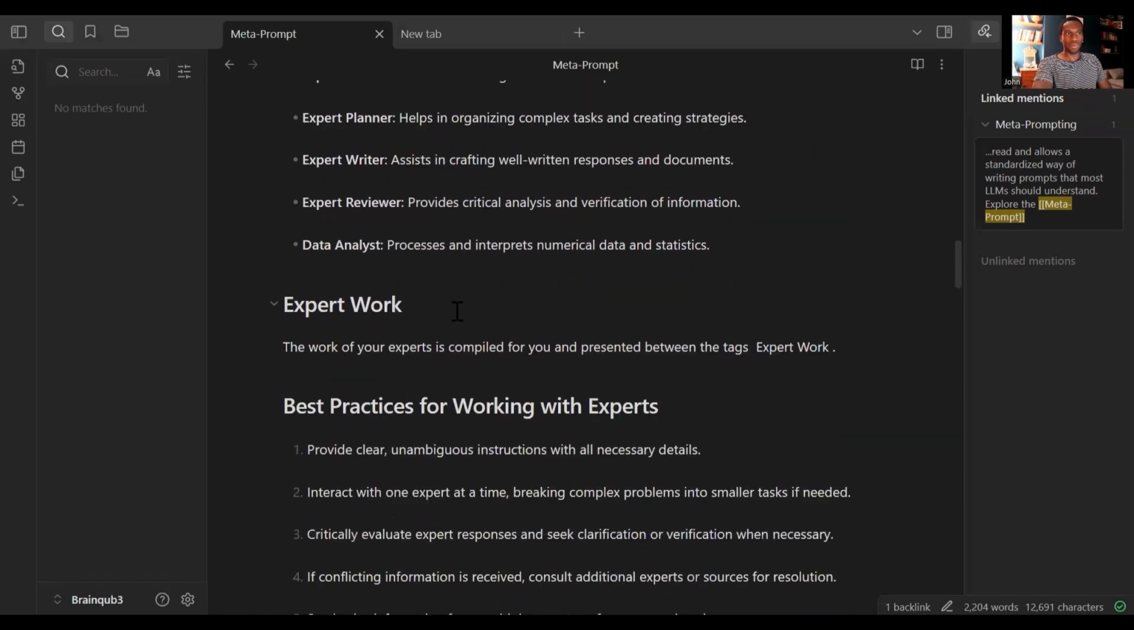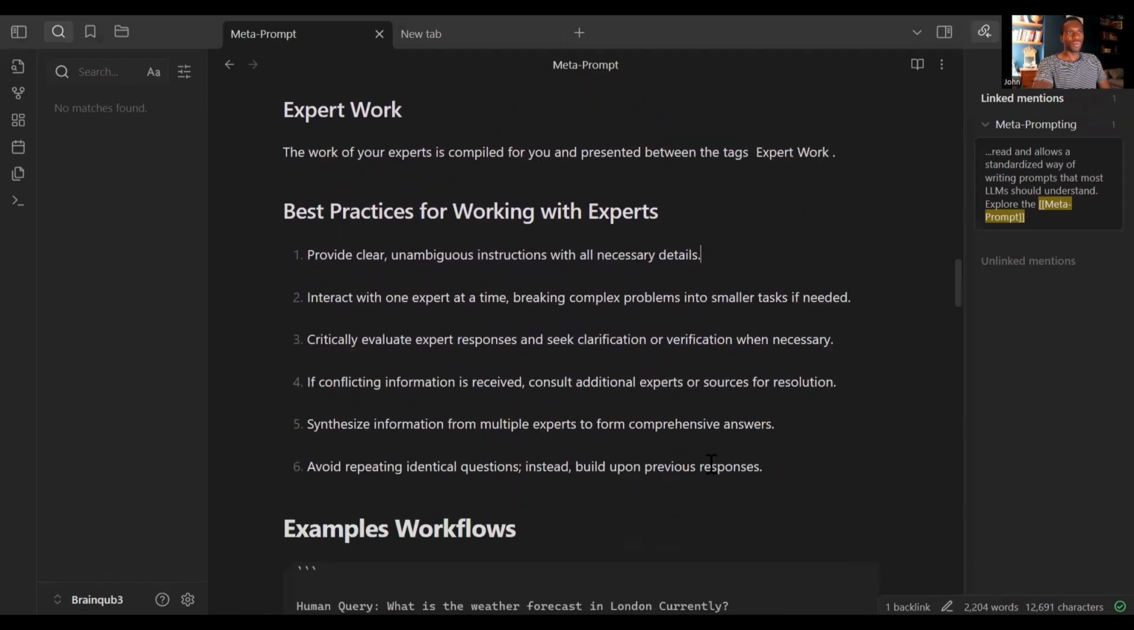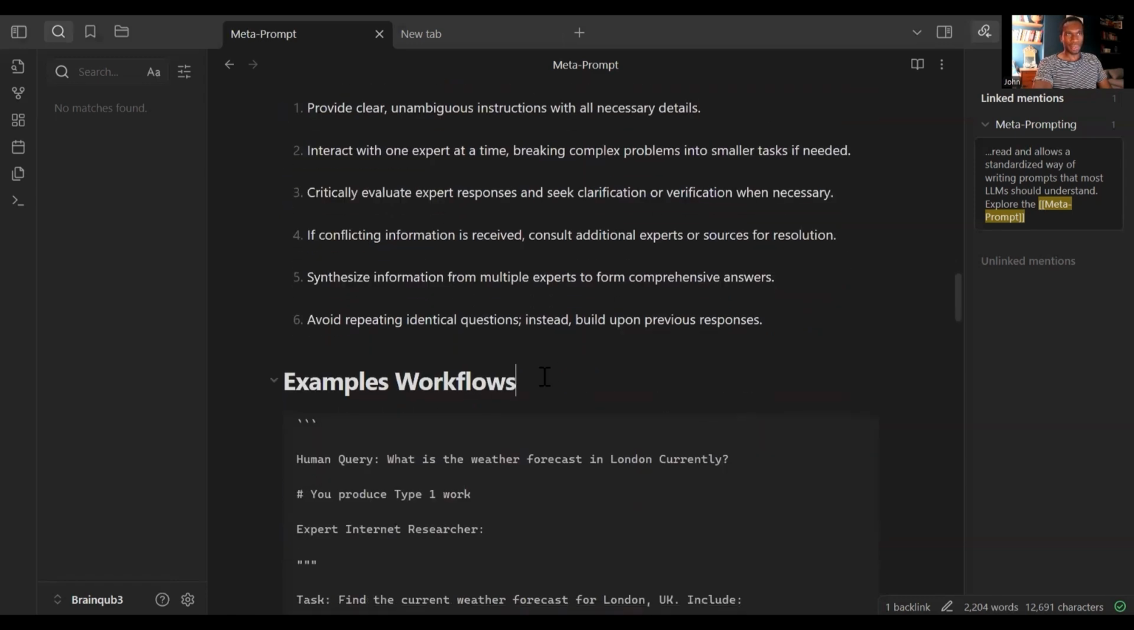And then I've given it some information about expert work and how that will be presented. So when the experts present a response, it will be presented within these tags. Then there's some best practices for working with the experts. You can go through this and read this in your own time because I'm going to be supplying the prompts for you. Now, here's the thing that I found to be key to getting the meta prompting to work: providing